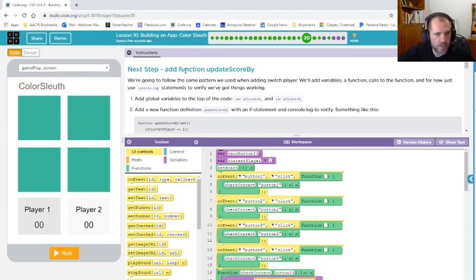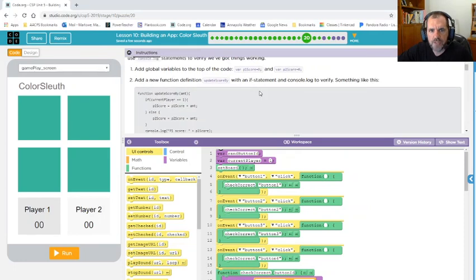All right, so on the next part, it's saying that we have to add this function called update score by. So we're going to follow the same pattern that we used before, where we add a global variable, a function, a call to the function, and then we'll console log it so we can make sure that it's working. So first step, it says add the global variables. So I'm going to go up to the top here,